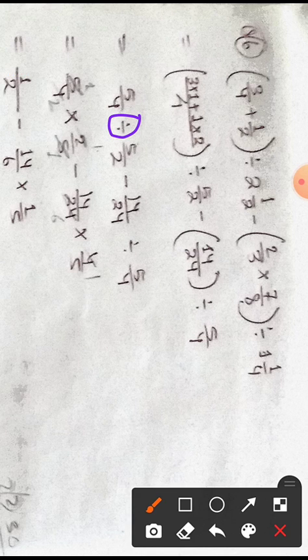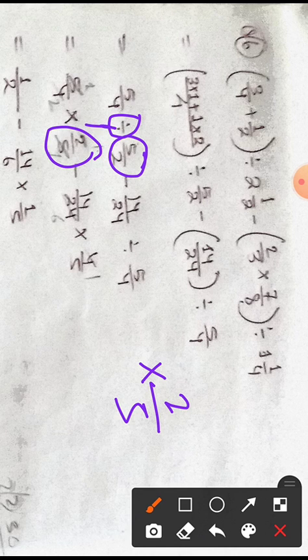In the case of fractions, if there is a divide sign, we can change the divide sign into multiply, and as soon as you change the divide into multiply, the positions of the denominator and the numerator get exchanged. That means if it is 5 by 2, it will become 2 by 5. You see here, it was 5 by 2, it became 2 by 5 because I changed divide to multiply. After changing this, this 5 and this 5 can be easily divided by each other. So 5 1s are 5 and 5 1s are 5. Now this 2 can easily divide this 4. So 2 1s are 2 and 2 2s are 4.